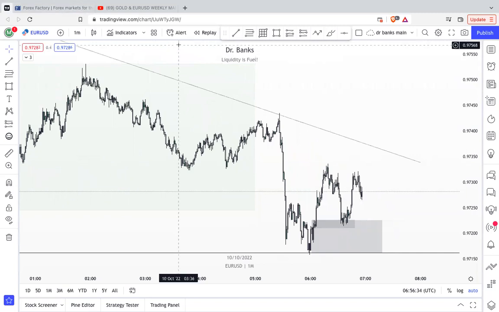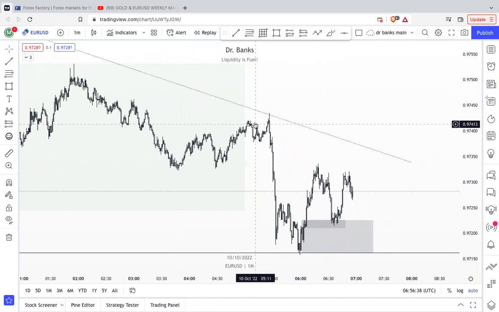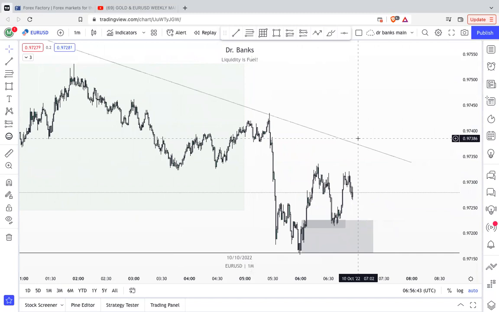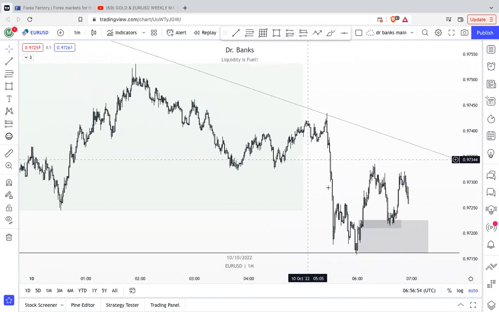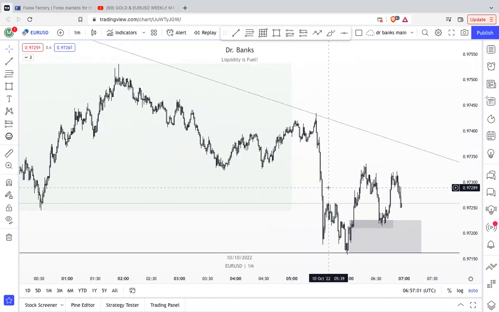Okay, so for those of us who just got on the group, I trade basically Euro USD because less is more. Less is really more. If you understand what you are doing, you don't need too many pairs. The reason why I like to trade just one pair is because, apart from the fact that it gives me a certain level of clarity,